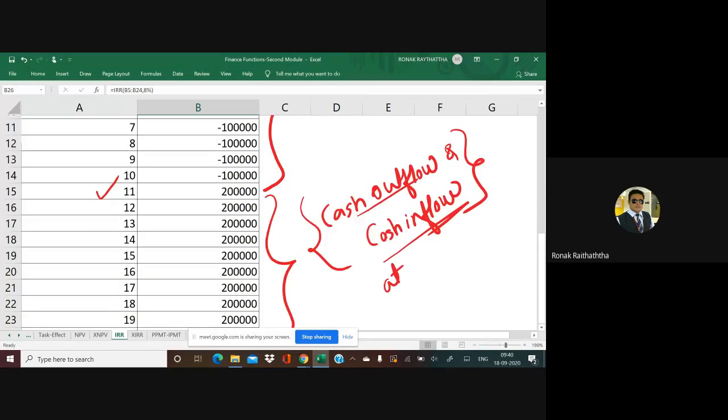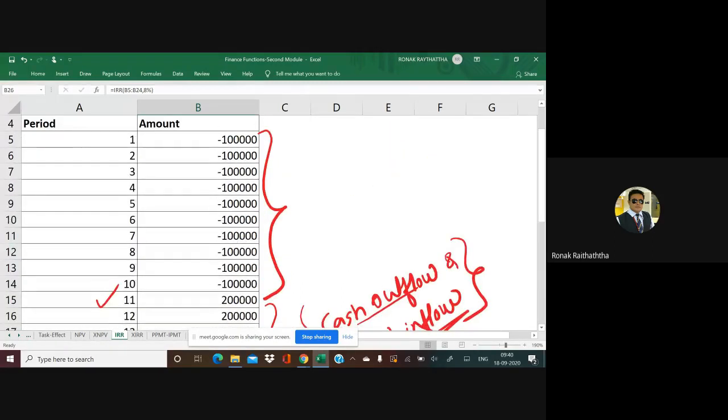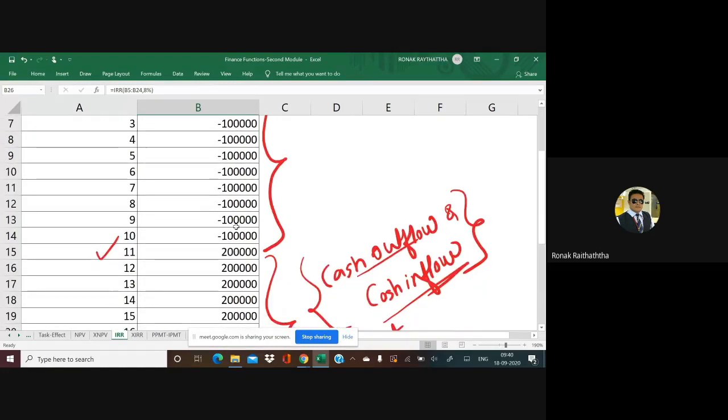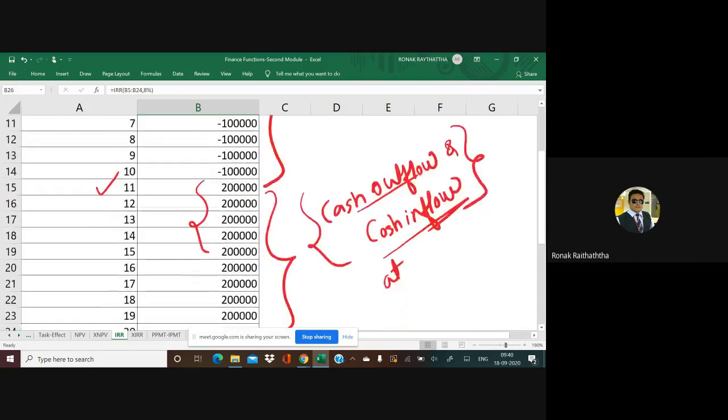Because if you see the cash outflow, what do you understand by the cash outflow? This is the investment you are making, right? So if you are making the cash outflow, it should not be treated with the same rate of return which you are getting. Your return expectations shall be different, understood. Your return expectation should be 20 percent, 15 percent, understood. But the return expectations which you have should be kept from the cash inflows only, not from the cash outflows. You cannot put the same rate in cash inflow and cash outflow.